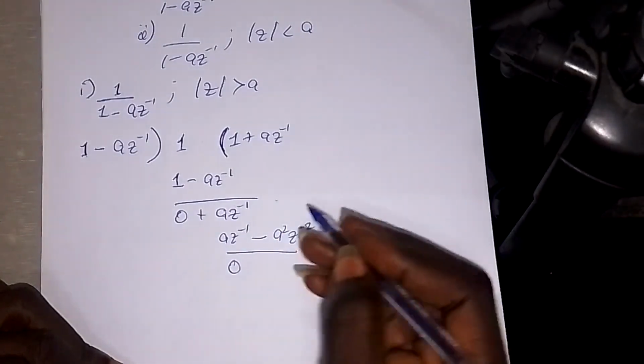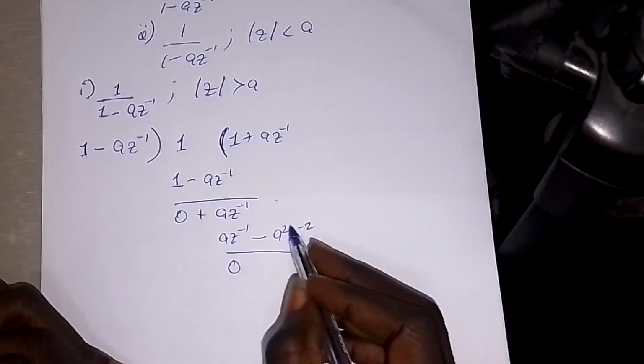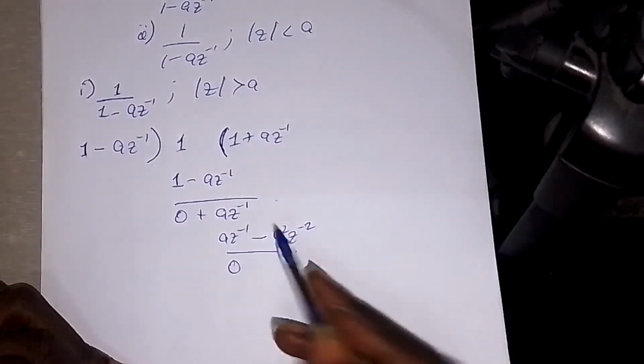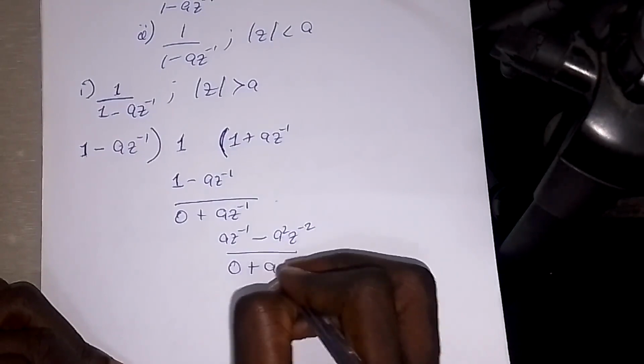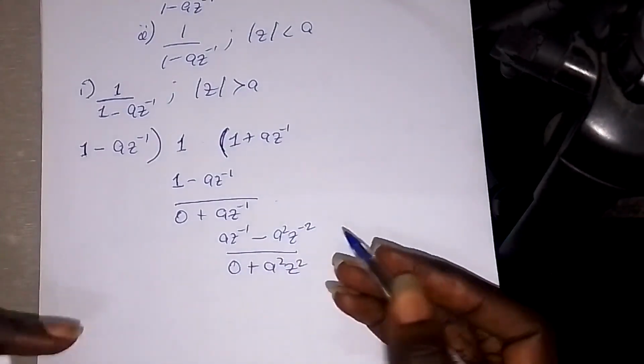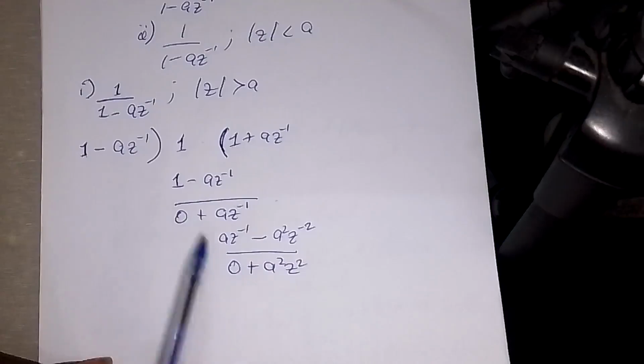Then this minus what is here, I'll get positive, because it will be 0 minus this guy. So I'll get positive a squared z to the minus 2. Now this guy,